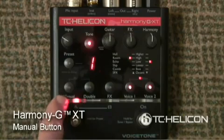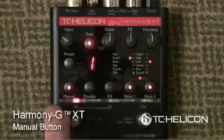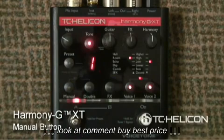Okay, let's talk about the manual button here. The manual button basically turns off the automatic key recognition for the harmonies. You can turn it on, and it shows you the current key and scale setup right there. Now, why would you want to do that? Well, there's a few reasons. One of them is if you're playing a riff at the time that you're singing, that can confuse the chord recognition, and the harmony